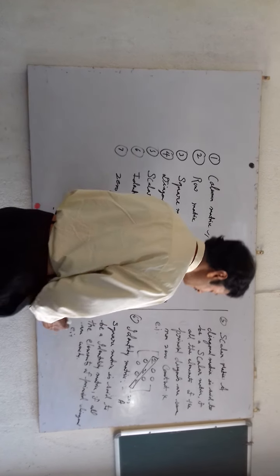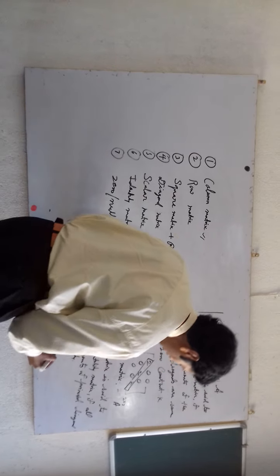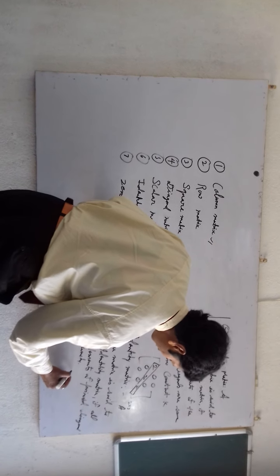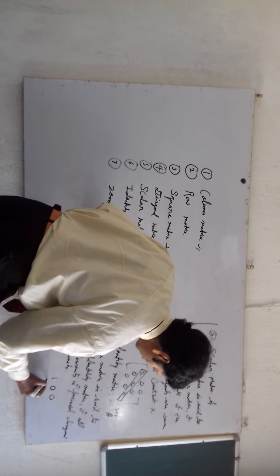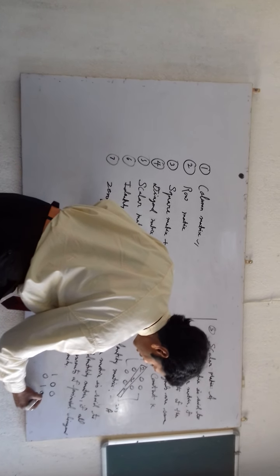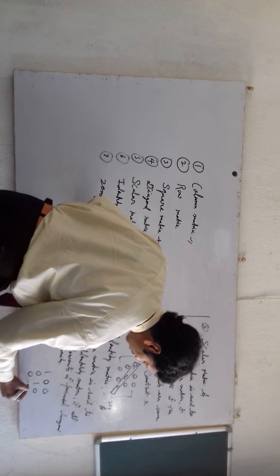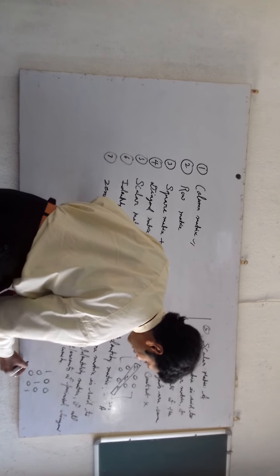For example, suppose the elements are 1 0 0, 0 1 0, 0 0 1,